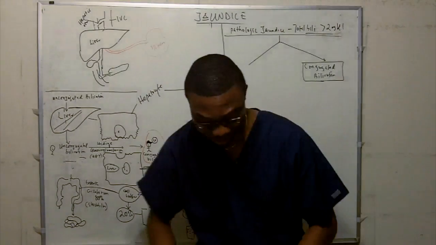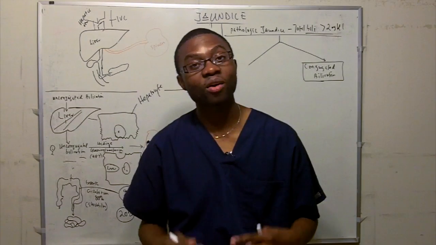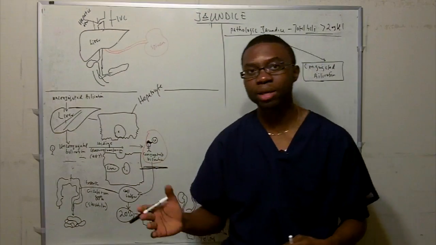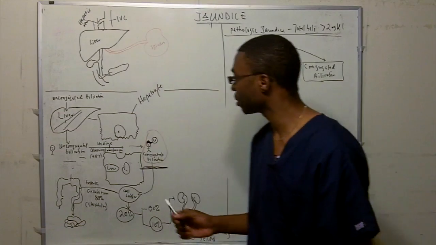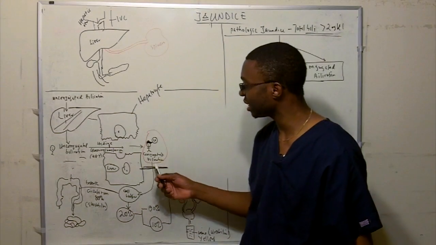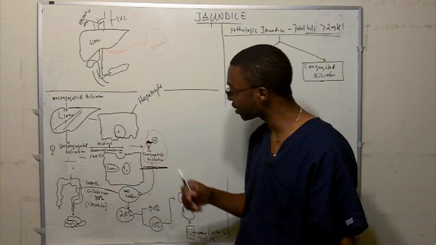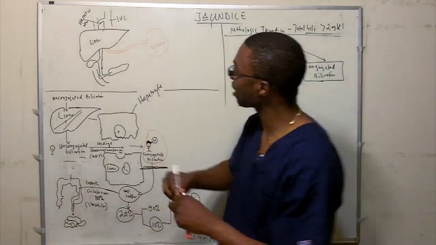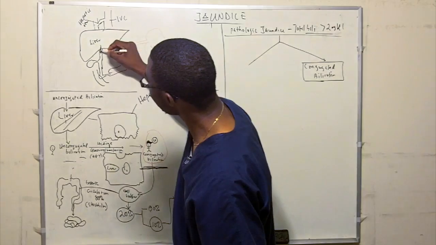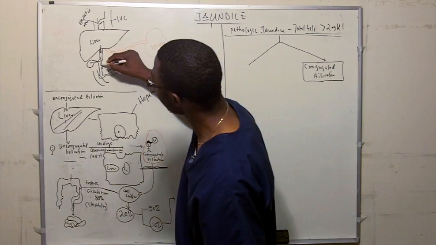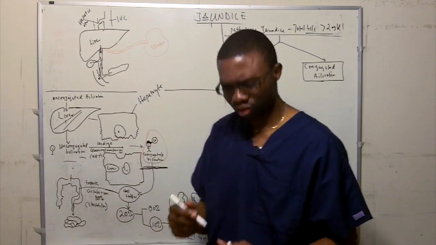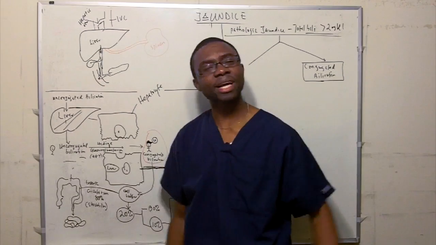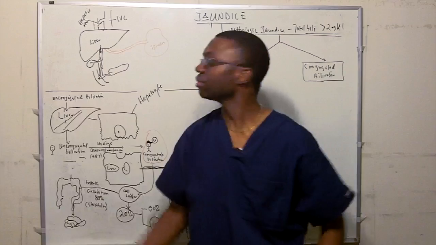Part 2. All right, so for conjugated hyperbilirubinemia, where's the problem? The problem is here. They made it. My little friend here made it, he's got a hat, and now has to go into the gallbladder. So if he has to come out, he's got to come out this way and go into the duodenum. So if I block this area and close the door shut, bam, on this dude,